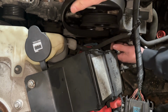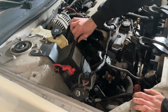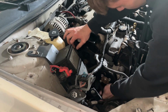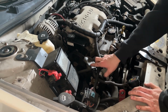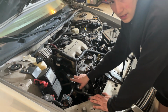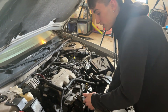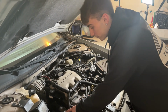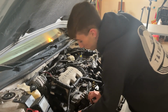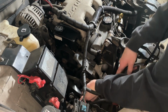Alright, and then it's nice if you don't have a diagram of your belt, either get a piece of paper and draw it off before you take it off, or take a picture so then when you're gonna go put it back on, because this can turn into a pain in the butt. But once you got it off,